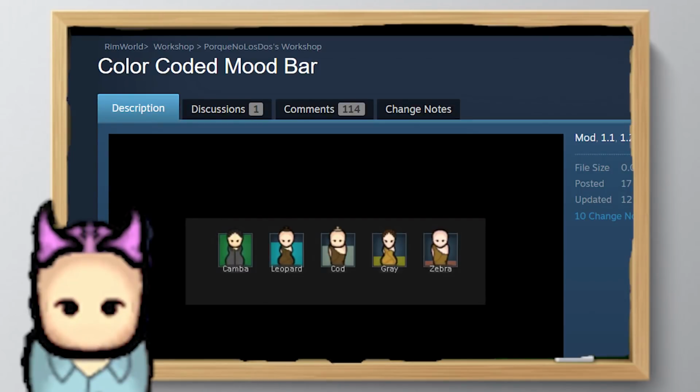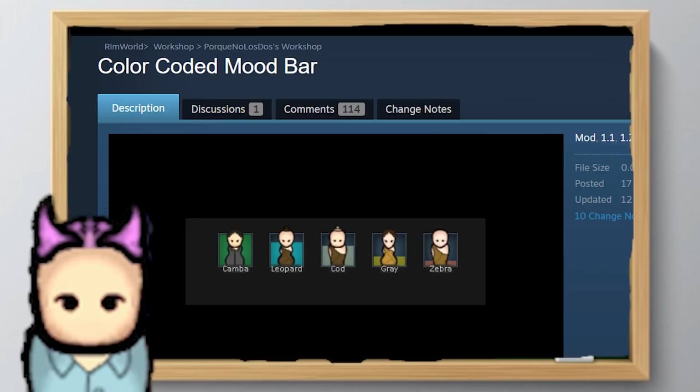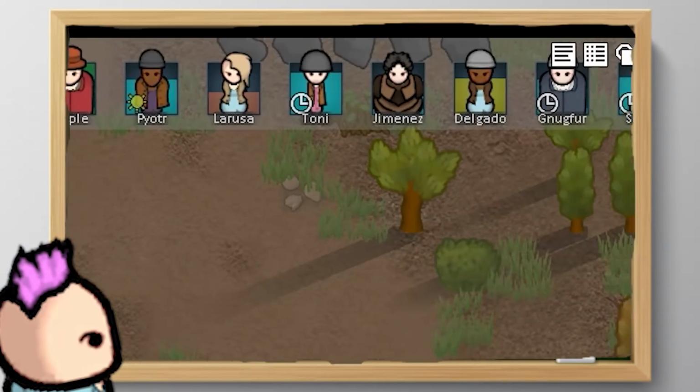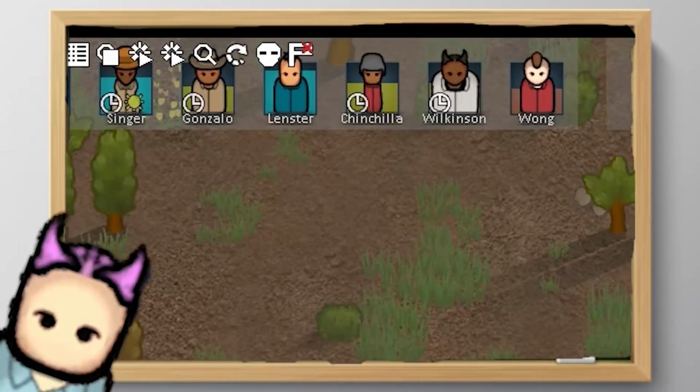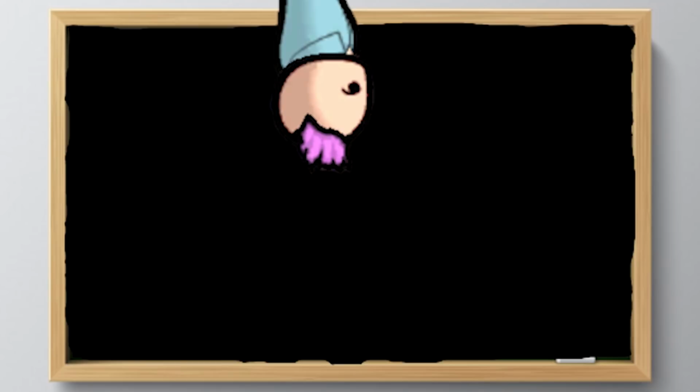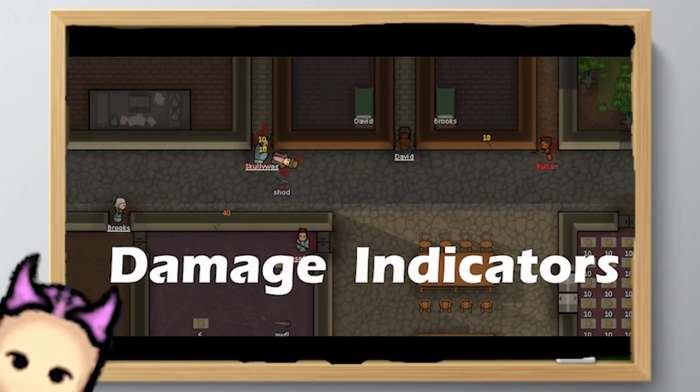Another old school mod is the color-coded mood bars. Sometimes it's hard to tell at a glance when a pawn is feeling fine or about to freak out. With this mod, you actually can see right at a glance who needs tending and who doesn't. Surprised this also isn't in the base game. Whatever. On the subject of seeing things at a glance, damage indicators lets you see the damage you are doing